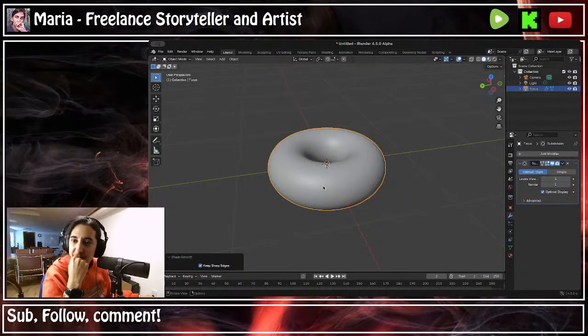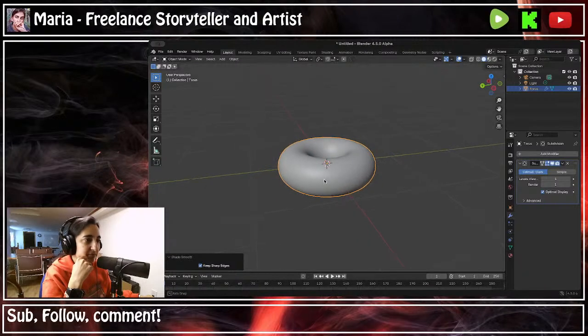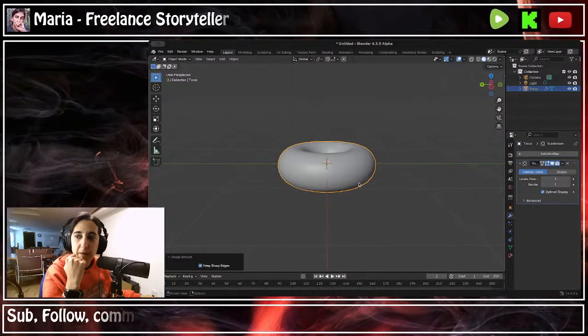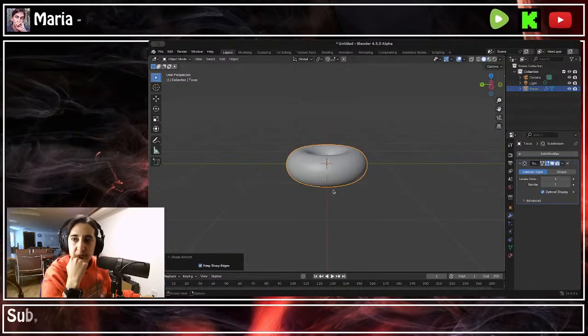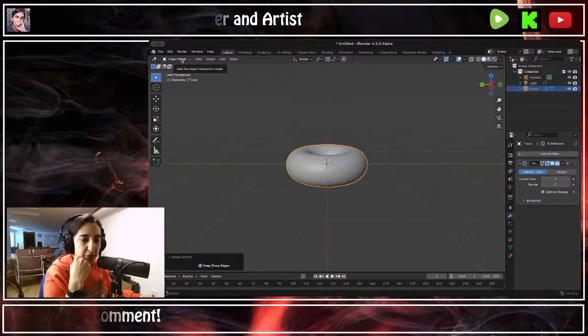How do we make this donut look a little more lumpy and interesting? I do that by changing the mesh itself. So here comes the fun part now. This mode where we can click on different objects is called object mode. And I know that because in the top left-hand corner, you can see we are in object mode. If I click the drop down,